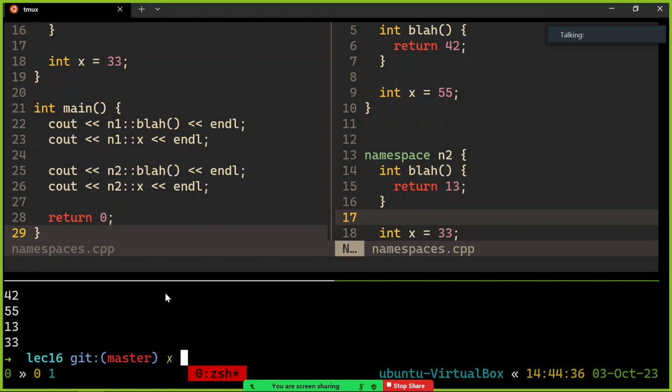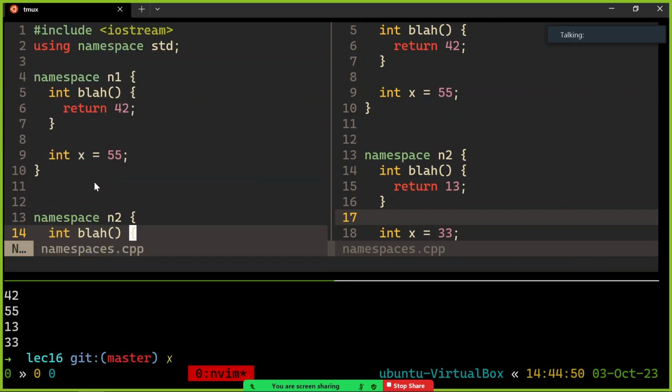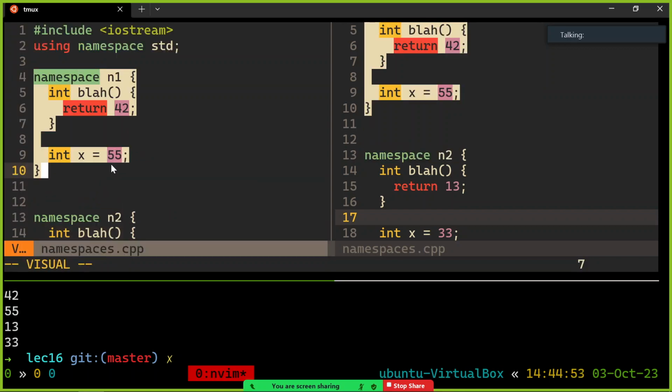Are there any questions about that? Not too horrible. It's kind of cool. It's a way to have multiple things with the same name and just have this qualification. I want n1's blah, n2's blah, n1's x, n2's x. That's pretty nice. So implicitly, the reason I'm talking about this right now, implicitly, when you make a class, it